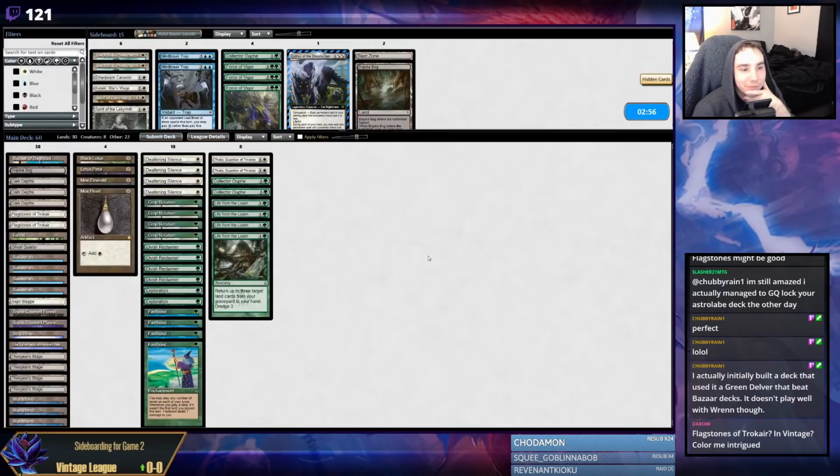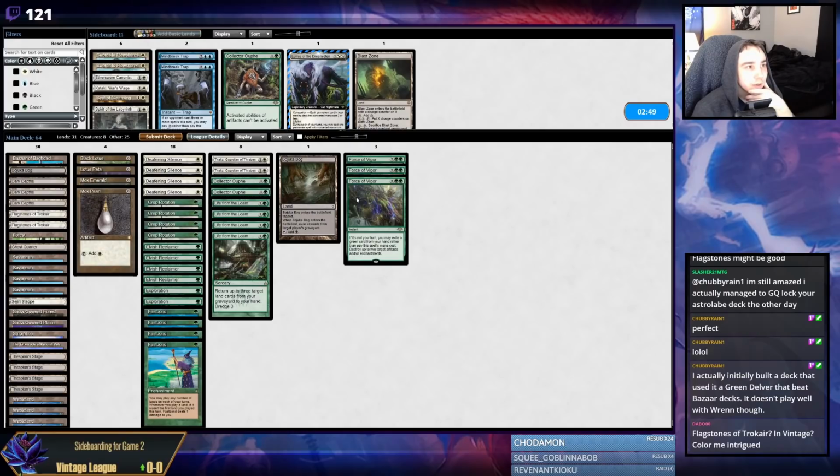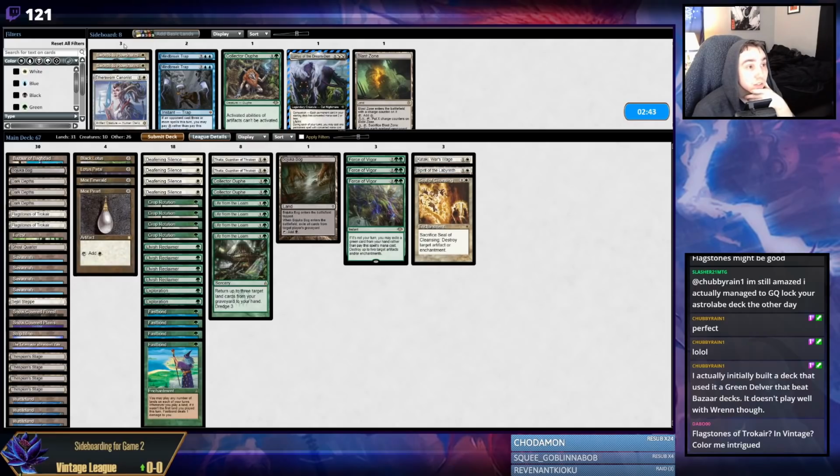I love the Bazaar matchup. Let's bring in a Bojuka Bog. Let's bring in Force of Vigor. Let's bring in Kataki. Spirit. Seal. Swords, I'm not sure about. And then let's take out